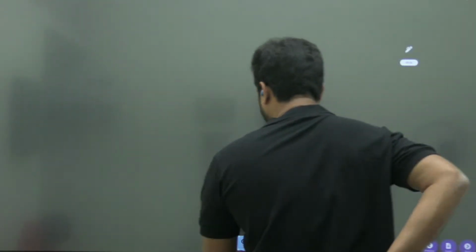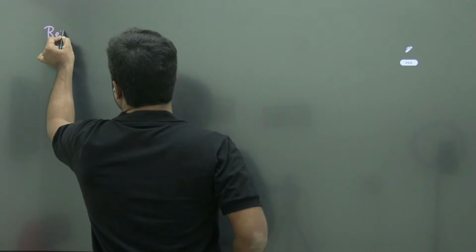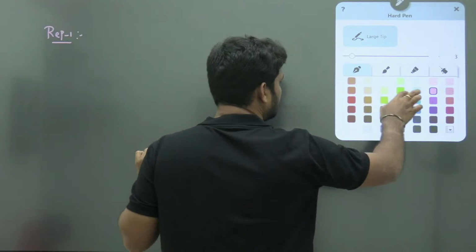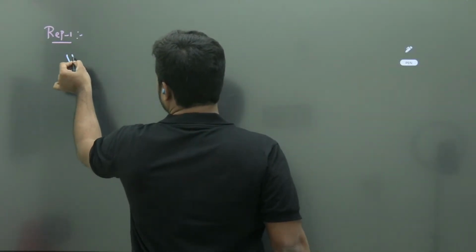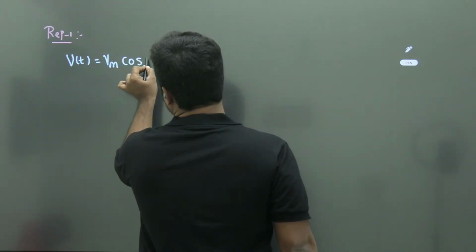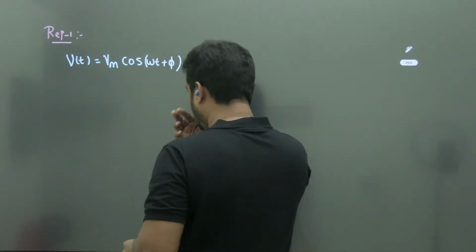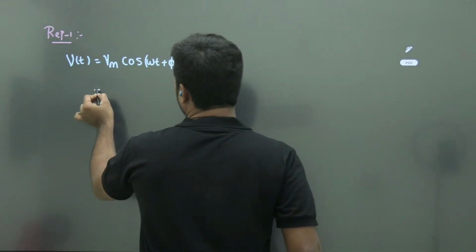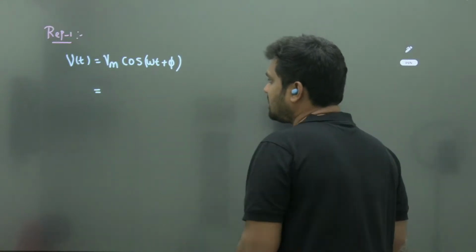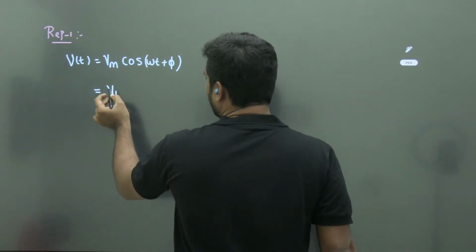See here. Suppose you have a signal. We can take it as representation one. Say you have a signal v(t) = Vm cos(ωt + φ). Then listen carefully. You can use e^(jx) = cos x + j sin x. So this can be written as the real part of... firstly, you write Vm as